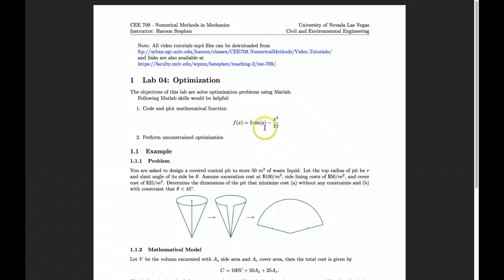It's an arithmetic difference of sine of its value and a square of its value. So it's a nonlinear function and we want to plot it in MATLAB. Previously you have seen that you can create an x array and then find the values of f for the different values of x and then plot it. But this